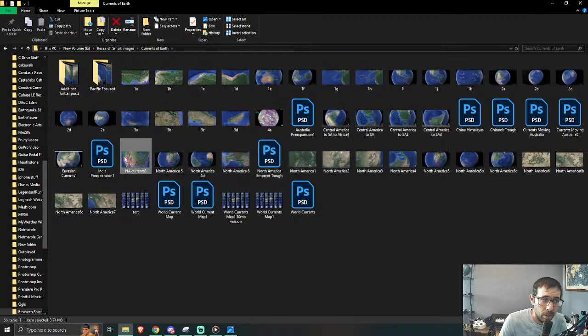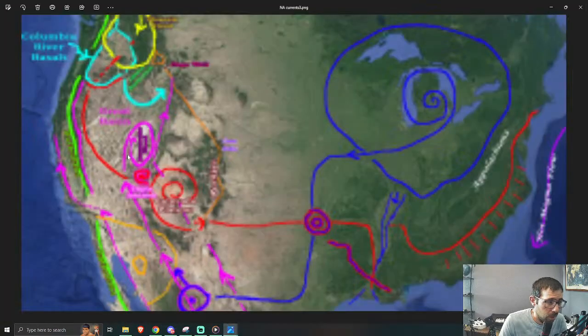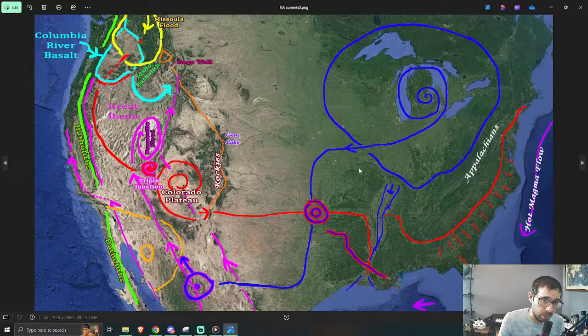Somewhere, I guess I don't have any with an eddy over Hudson Bay, but an eddy like this, where the currents were over Hudson Bay, though. I was also thinking maybe there was an earlier time when the eddy was centered here, and it more so transitioned to Hudson Bay as the dominant eddy center, but at an earlier time. Perhaps it was centered at the Great Lakes. I think they were both